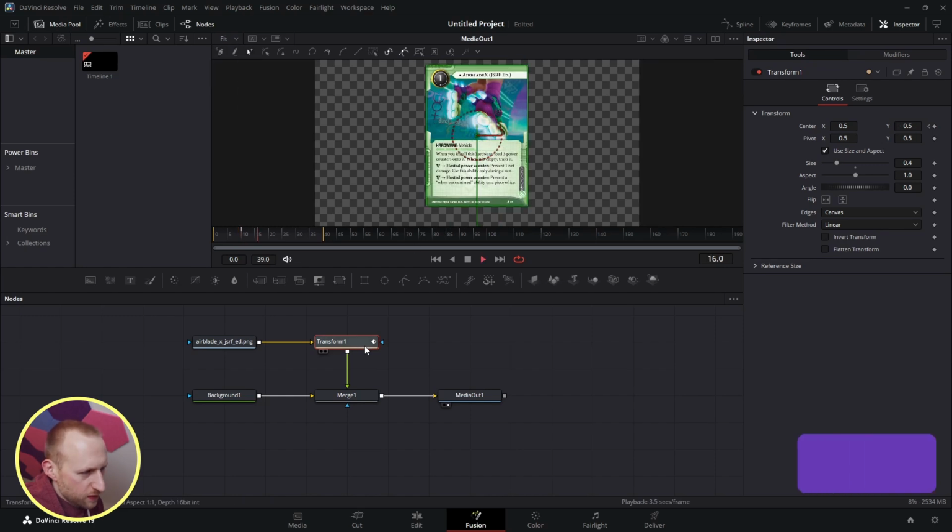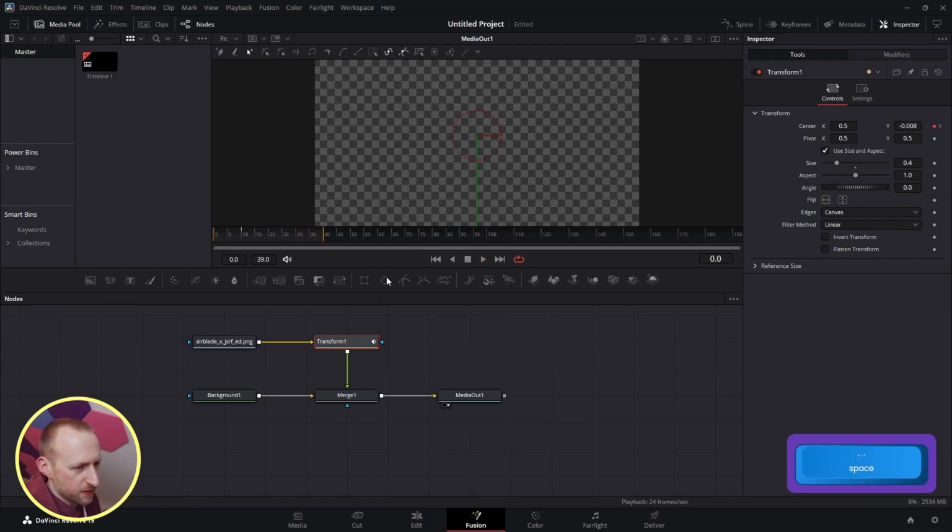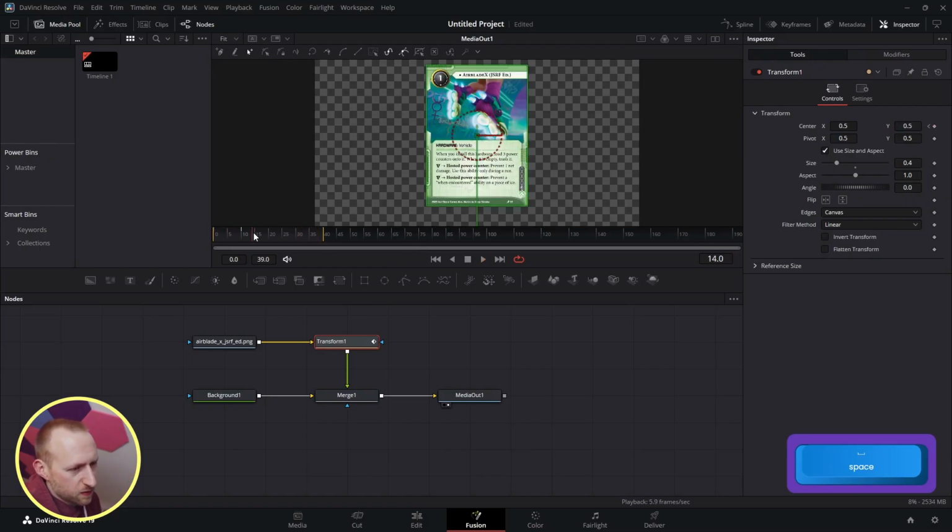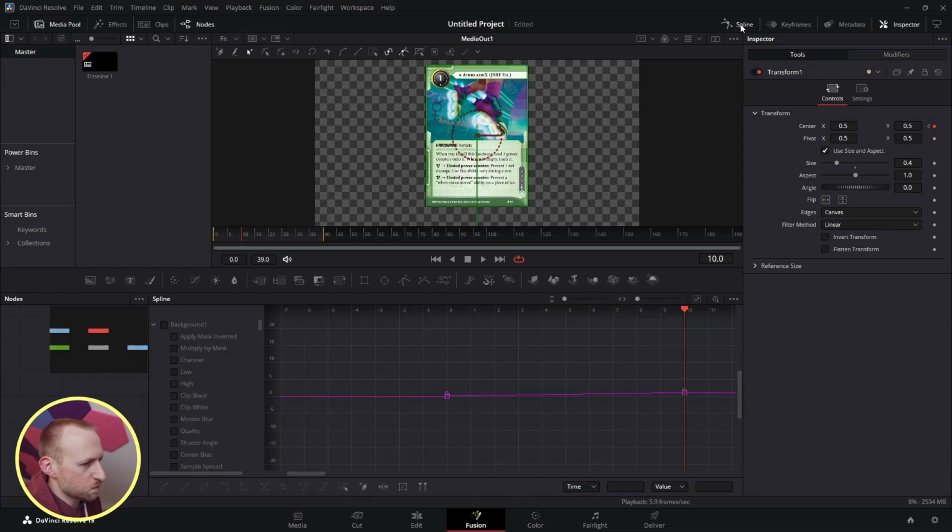Great. So we want to ease this. It's called easing. We want to smooth this motion out a little bit. The way we do that is, see, actually you can see this little white tick mark here is showing where one of the keyframes is. To change those, we're going to use the spline panel. So if you click on spline,